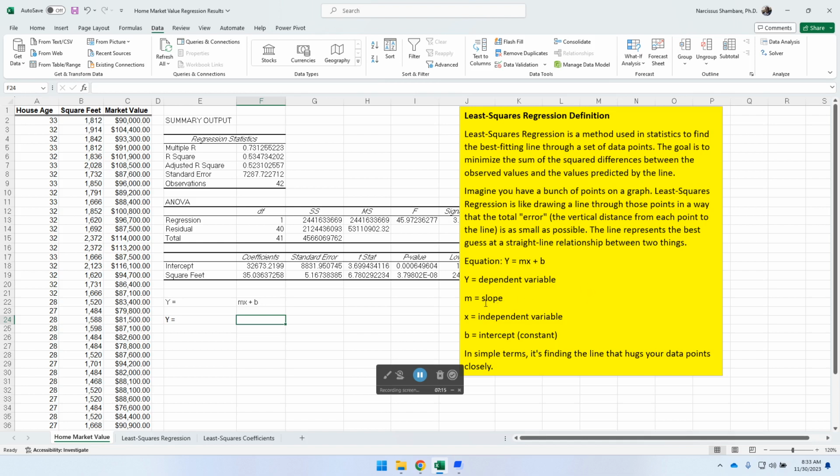So we know that our slope is actually provided here. That's 35.0363. So I can say open parenthesis, 35.0363. We can end there,